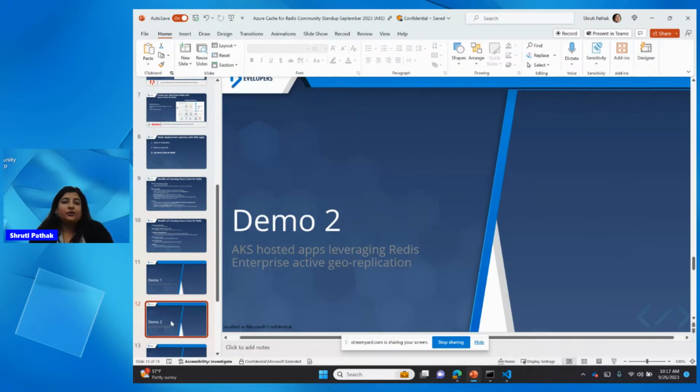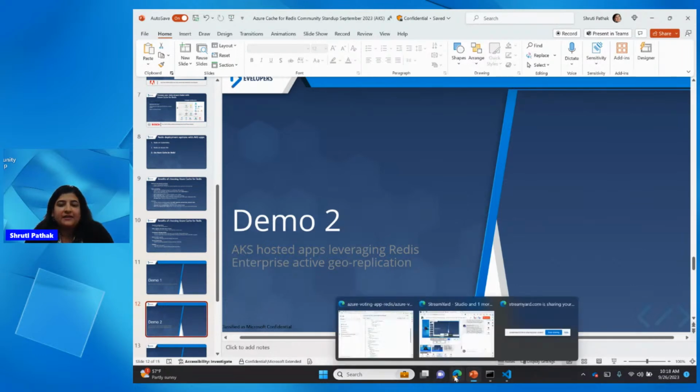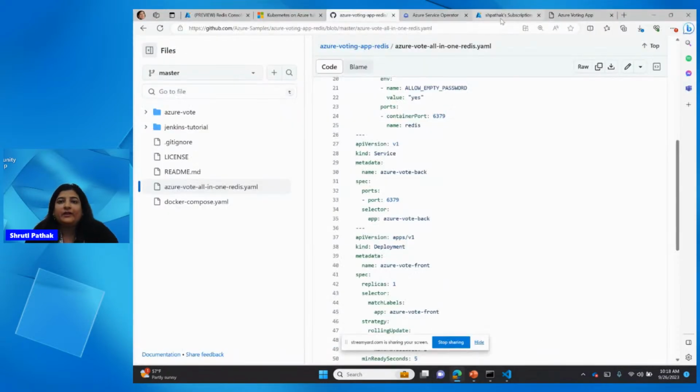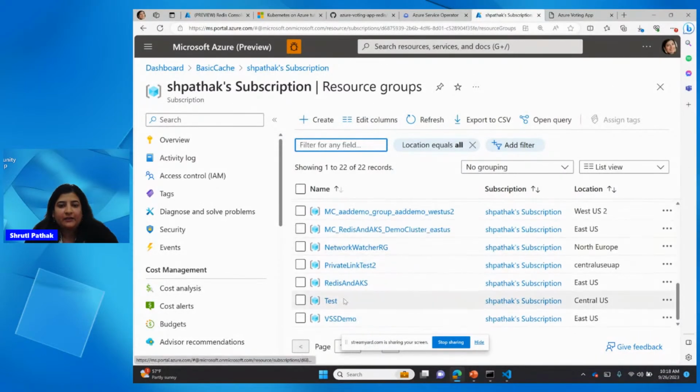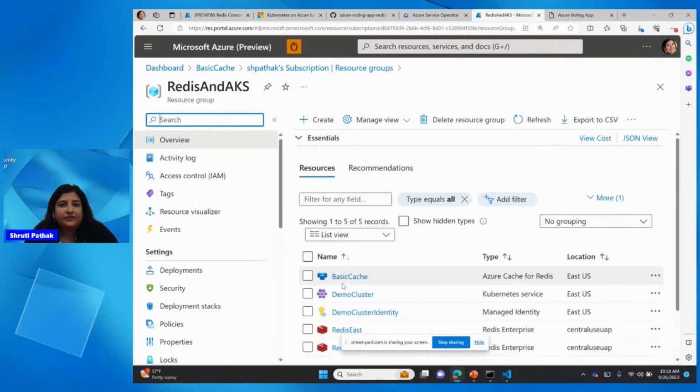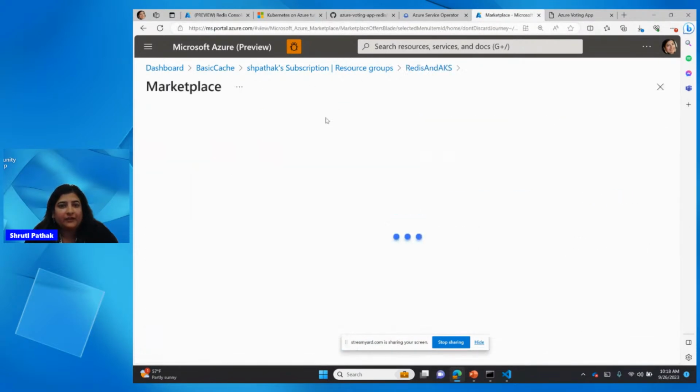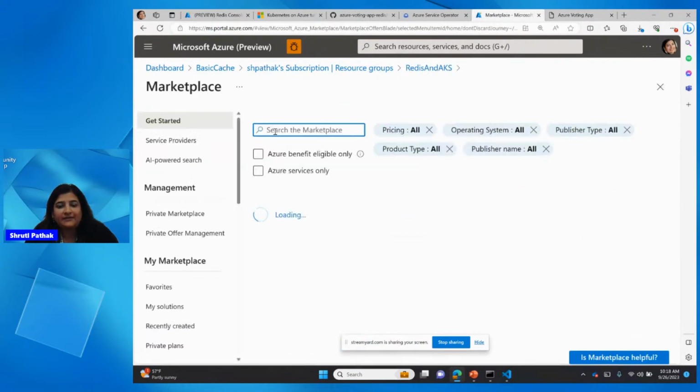So we're going to show this demo of how to leverage active replication with AKS hosted applications. Obviously, since we are showing a geo-replication scenario here, the prerequisite is to have more than one Azure Cache for Redis instance. So this is my resource group, and the way you will create Azure Cache for Redis Enterprise here with geo-replication